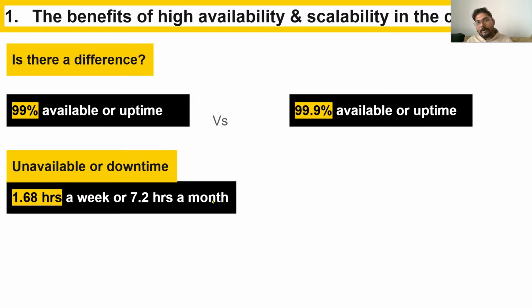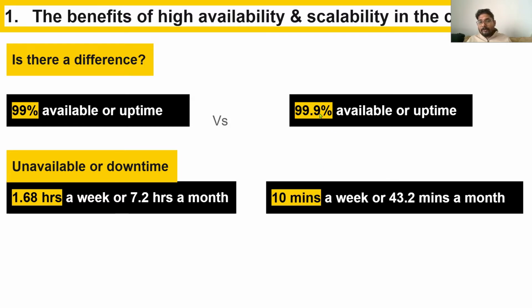So for example, today it went down for 2 minutes. Tomorrow it went down for 7 minutes. So it should not cross this 7.2 hours a month. It should not cross this time. That means they achieved the agreement, 99% is the application was available. It can be more than that, right? Nobody would make the system down just like that. But if that happens, that should not cross 7.2 hours a month. You're getting it overall. So that is how the agreement is.